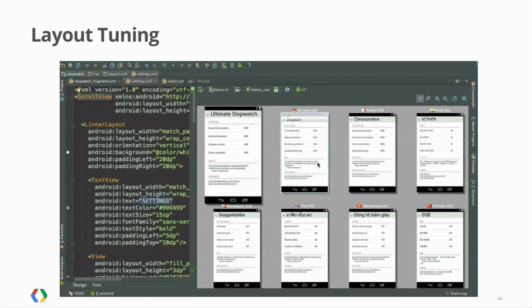So now all of your strings are translated. Are you done? Not yet. There's one more step, testing your app. The first and more important thing for you to test is the layout, making sure that your app translations didn't break your layout. In Android Studio, as you might have seen in the keynote, we're providing a really easy way